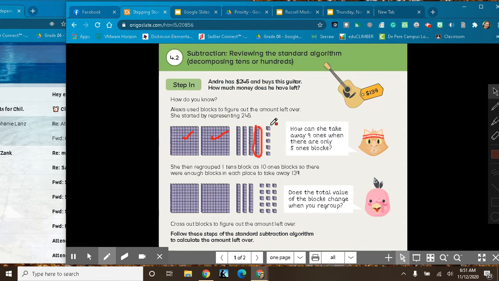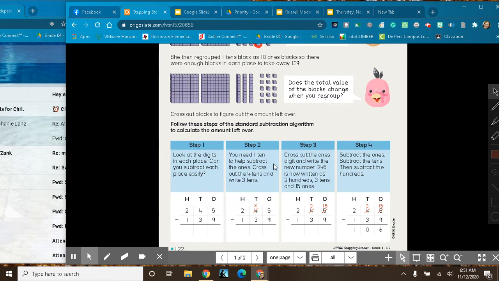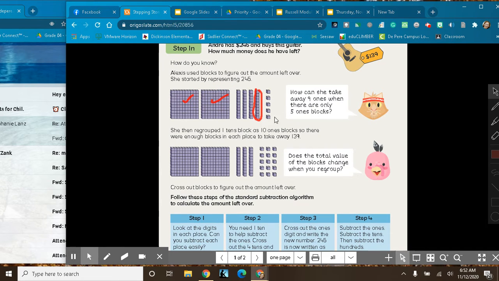You're moving it over here and breaking it up into 10 separate pieces. So when you are doing the subtraction, you can cross out the blocks to figure out the amount left over. So this is 245 and it's just broken up. So it's 200 and then 30, and then let's see, there's 3, 6, 9, 12, 15, because 10 of these were over here. So it is still